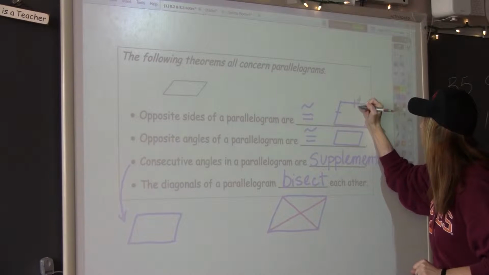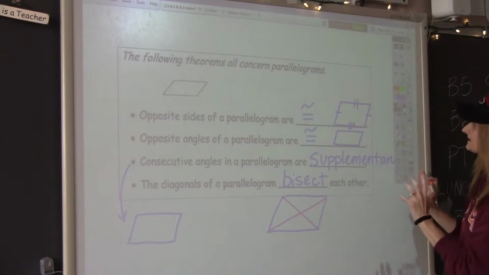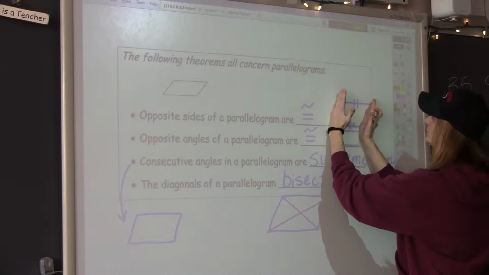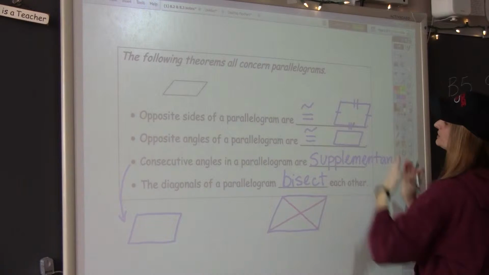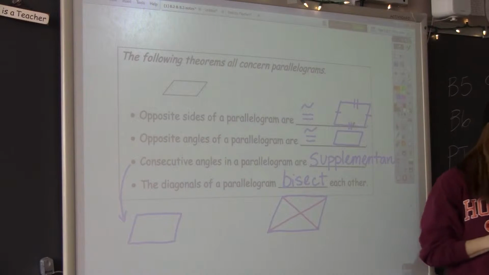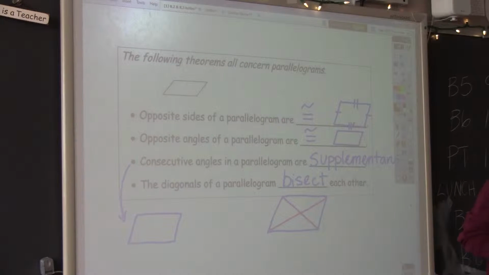I need to represent that these two sides are congruent. And these two sides are congruent, but they're different than those two. Good? Okay. Opposite angles of a parallelogram are